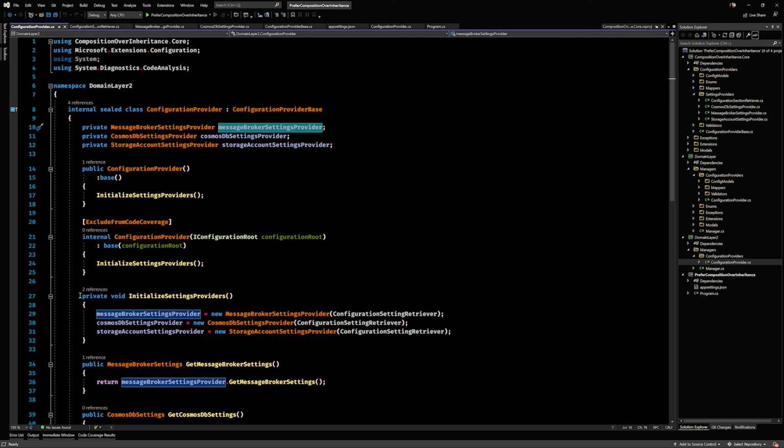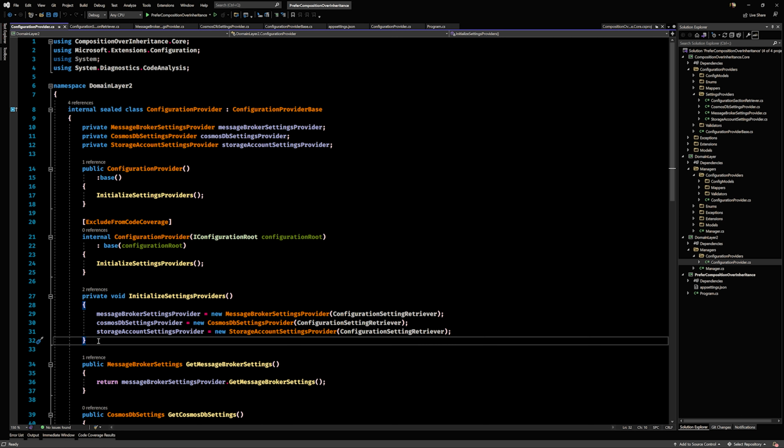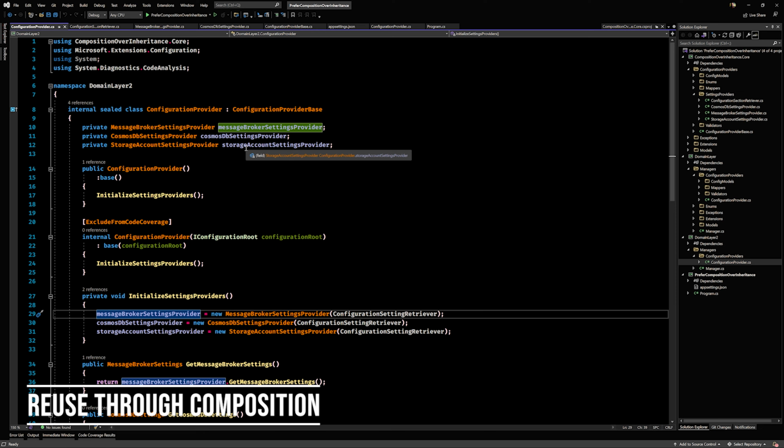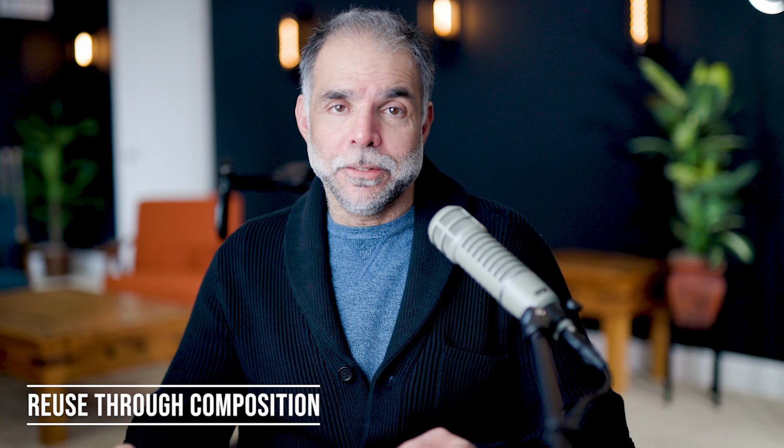It creates the instances of that itself. Okay, so it does that. So now internally, it's not got the implementation, it's using the implementation by the composited classes. Right? So it's getting this reuse not through inheritance, but by way of composition.